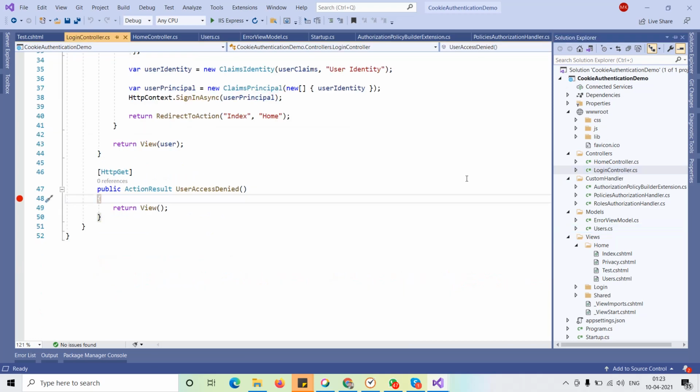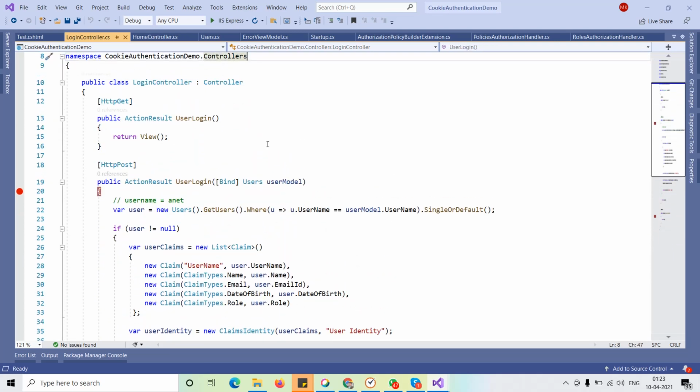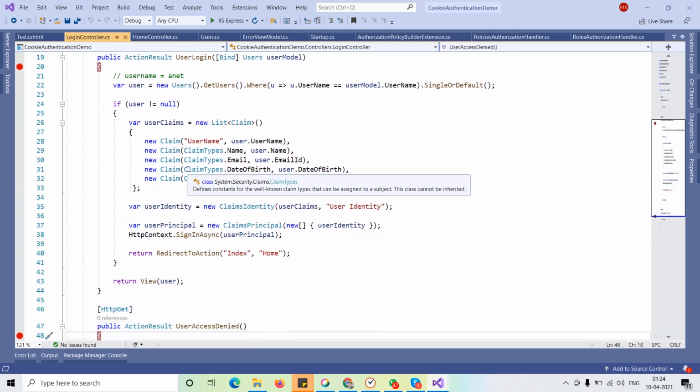I have created the login controller here. This is the login controller, where you will have to provide login details, say email and password, and I will fetch the user with that particular username. If the user is not null, then I will set the claims of that particular user.